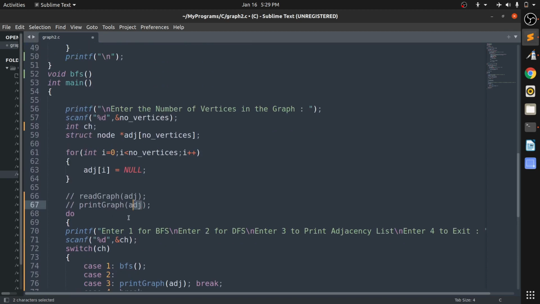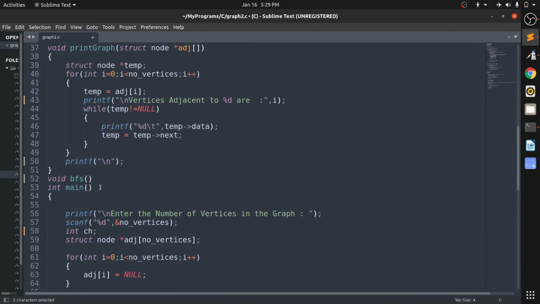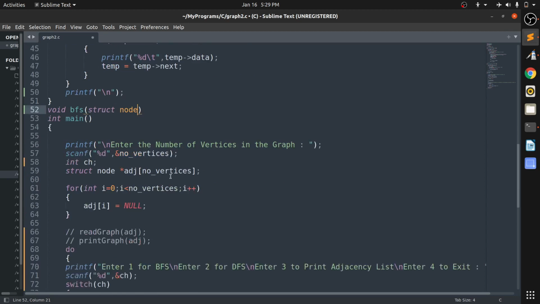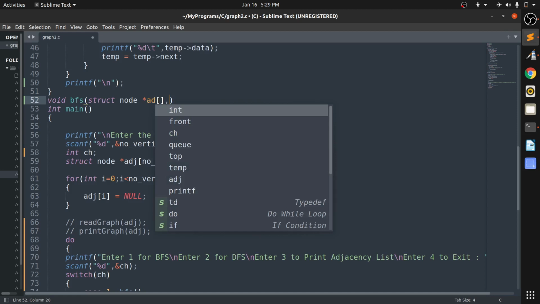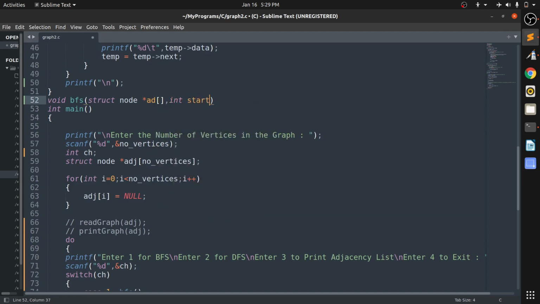This adjacency array, of course, so that it can get access to our adjacency list. This adj of struct node star. Also from which vertex we want to start, so integer start.